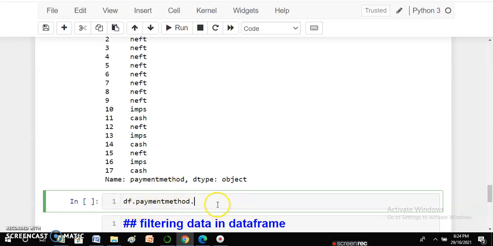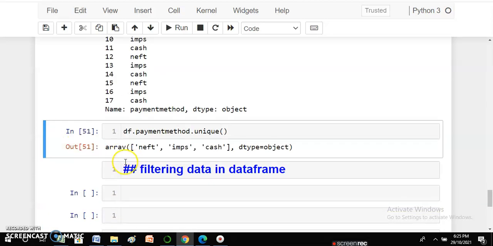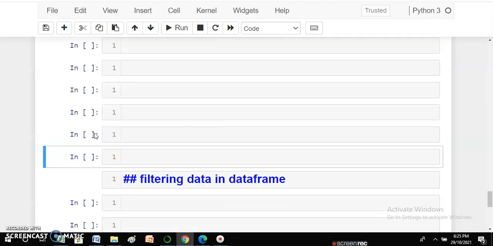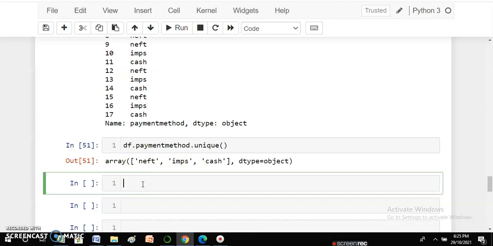So df.payment method, and I apply here a function unique and I press enter. So you can see over here that NEFT, IMPS and cash are three payment methods. So this is the array data type and three payment methods are there. These are the three unique payment methods.